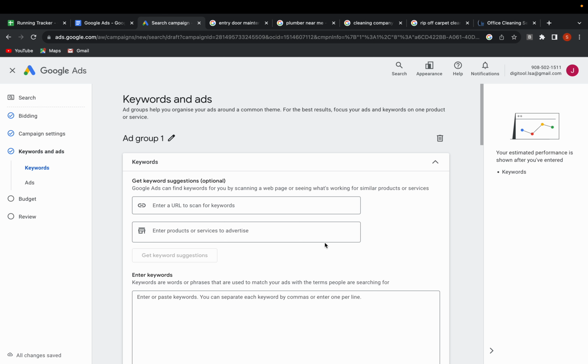For example, maybe I want to do general office cleaning. Maybe I want to do another ad group for office carpet cleaning. Maybe another one for sanitary bins in offices. Maybe another one for office window cleaning. You can really niche this out as much as you want. As long as there are people searching for it, you can niche it out, and it does work better